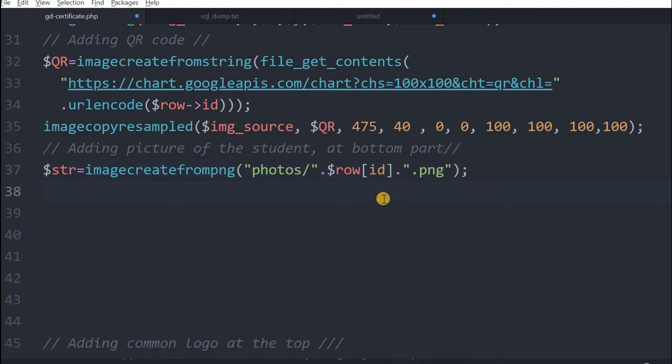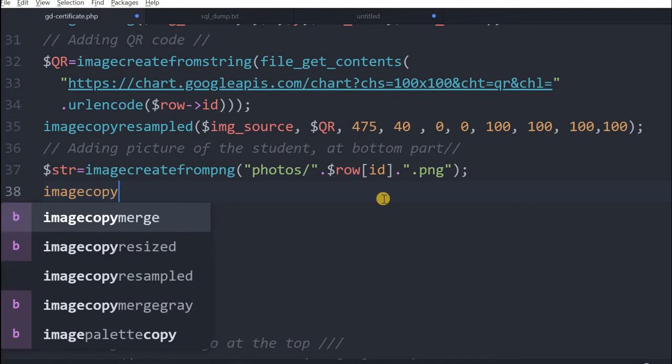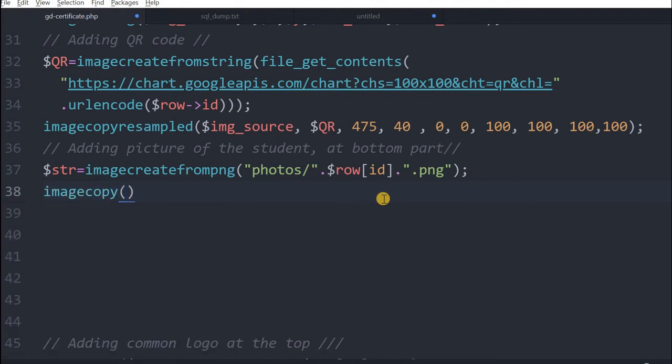To place it, I will use imagecopy. First is the main source image. Then I am telling it str, which is the line I have just created above. Now I will write where it should be positioned, 60 and 310. You can ask me how I got these figures, but this is by experimenting.